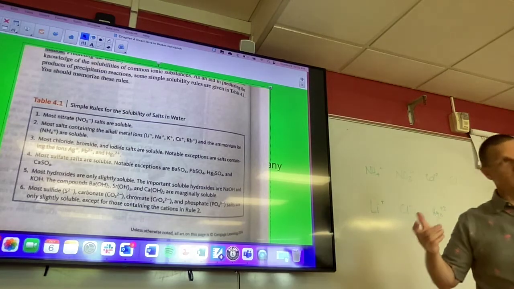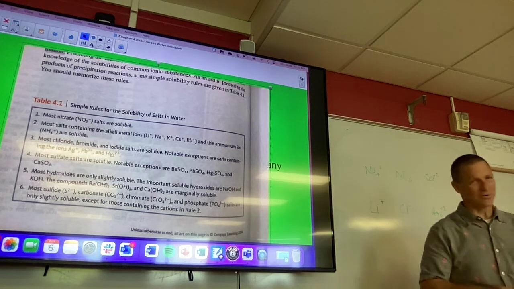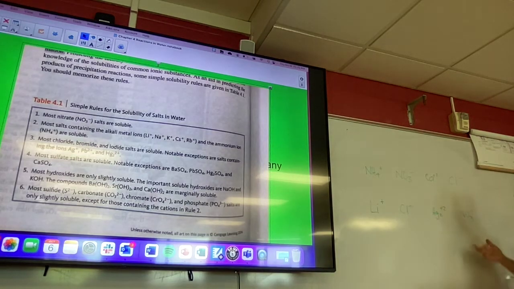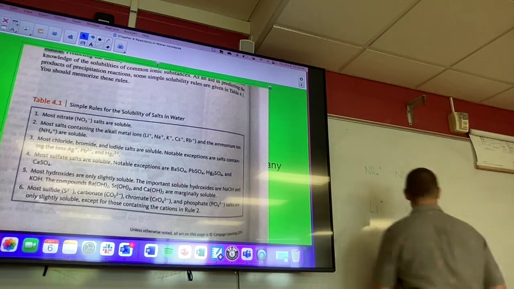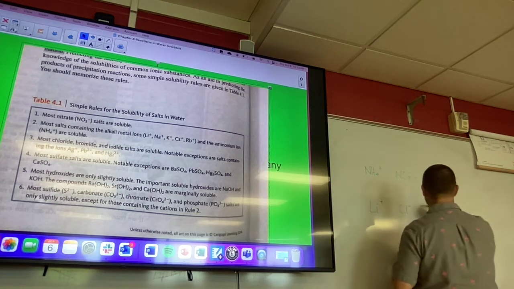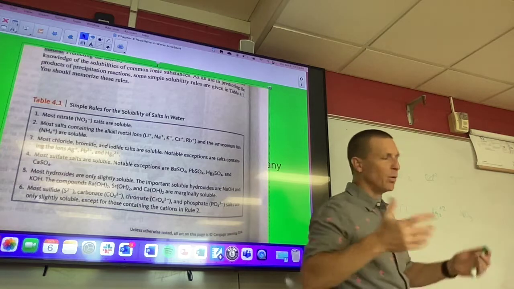And by the way, it is only mercury 1. There's a mercury 2 that is actually soluble with chloride. It's just mercury 1, which is a bummer. It's too bad that not all mercuries are insoluble, so we didn't have to try to keep those straight. But yeah, so this ion and this ion will make a precipitate, because mercury is one of those exceptions with